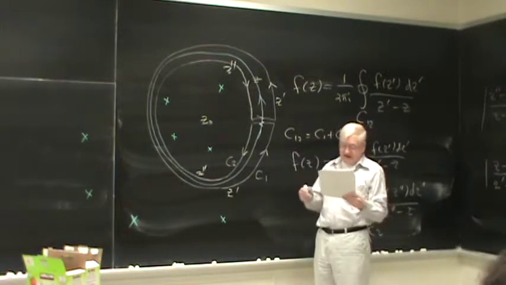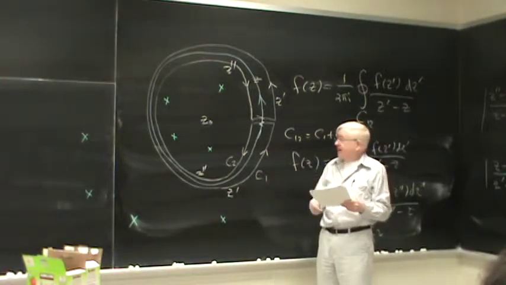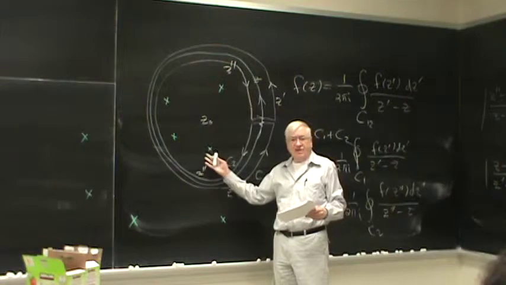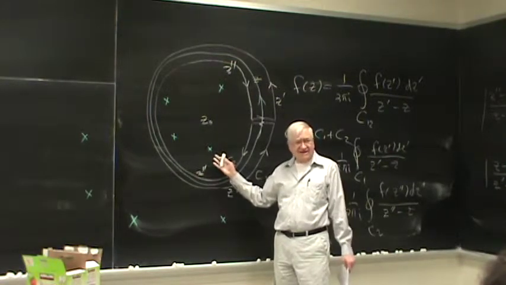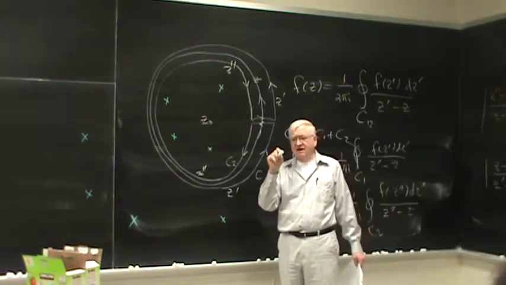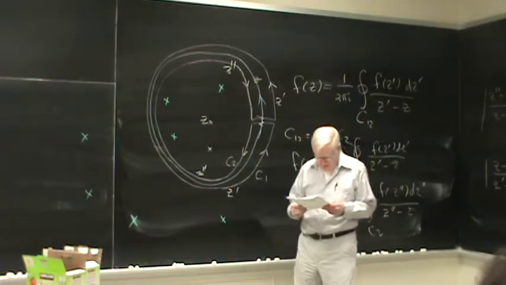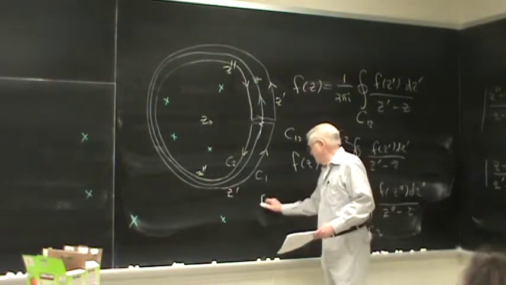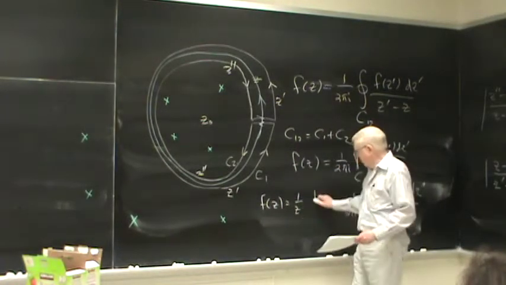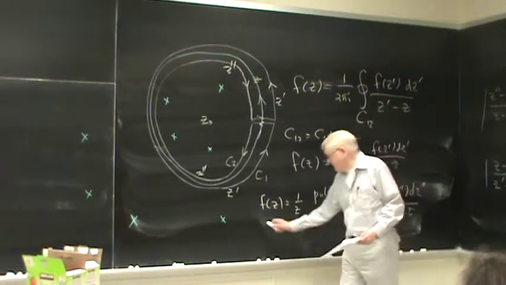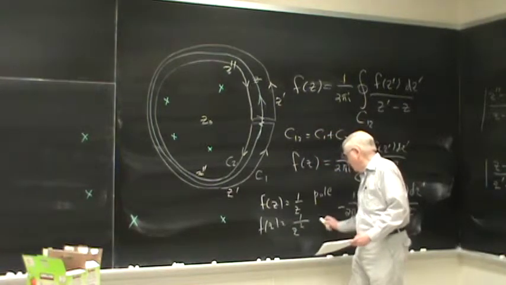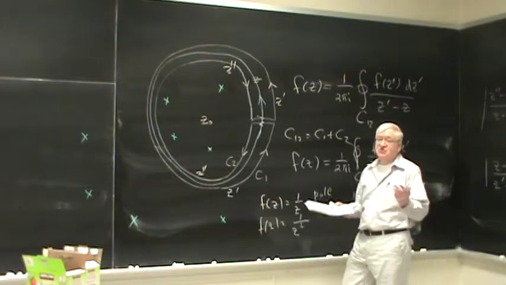Anyway, a function that has a singularity at some point, but is analytic in some disk around it, is said to have an isolated singularity. So an isolated singularity is what you think. Namely, you have analyticity around the singularity, but something goes wrong at one point. If f of z looks something like 1 over z, this is said to be a pole of order 1. If it's f of z equals, say, 1 over z squared, it's a pole of order 2. Or in general,